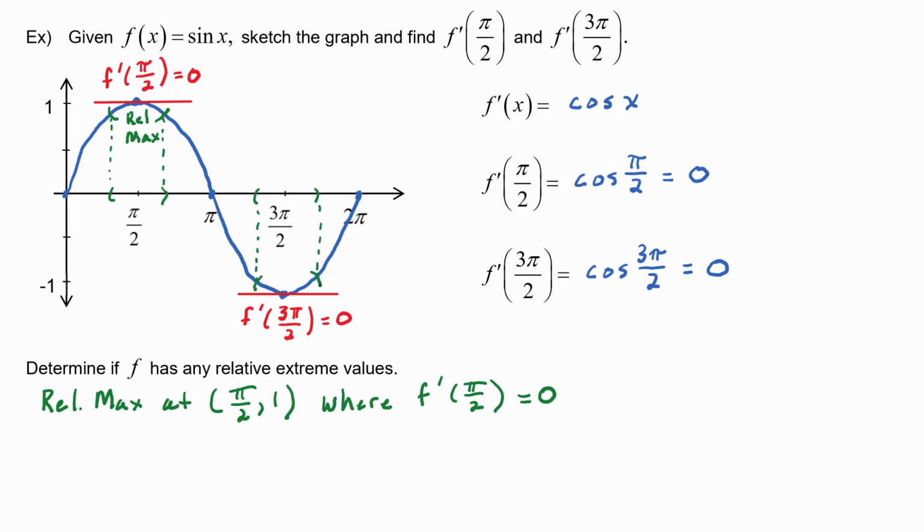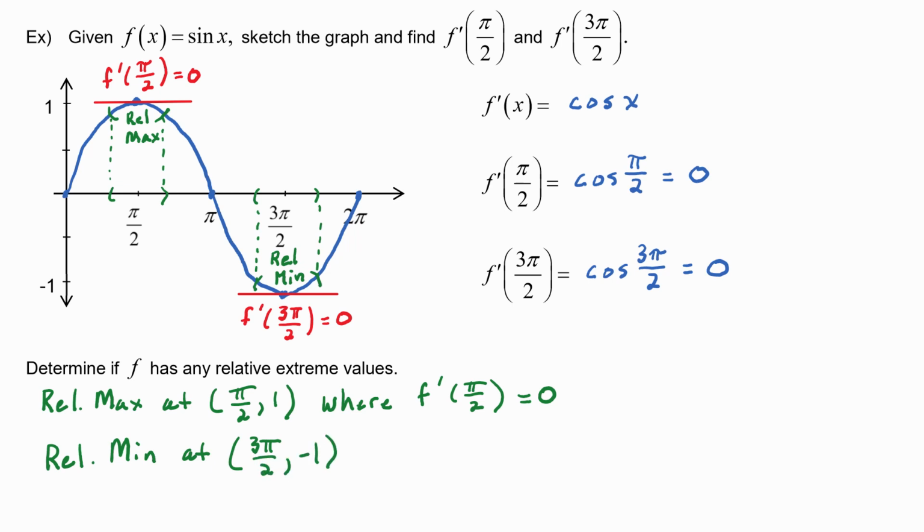So we get that open interval of f, and we see that on this open interval, y equals negative 1 is the smallest y value, which means this is a relative min. So we can report that f has a relative min at the point 3 pi over 2, negative 1,